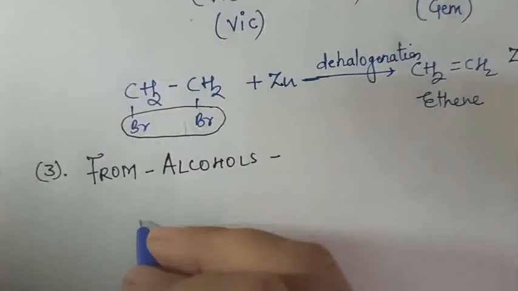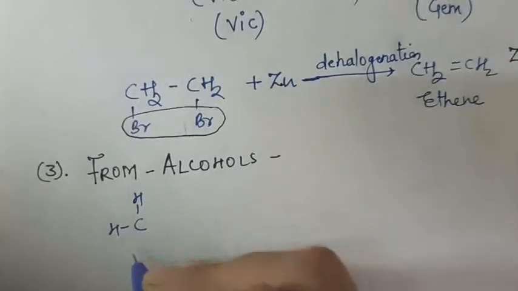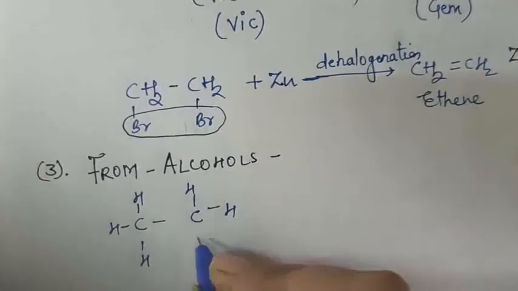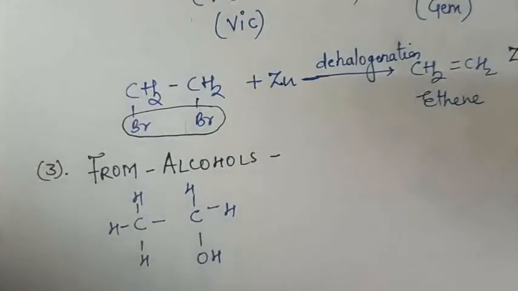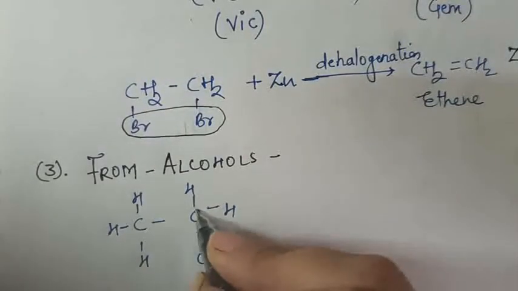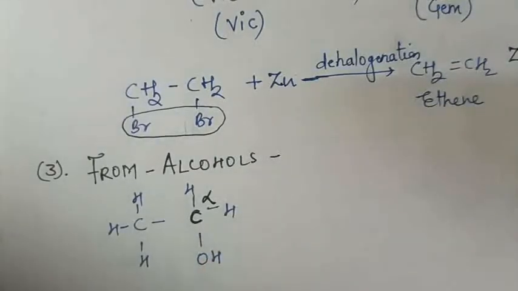So let us take an alcohol. Supposing I have taken ethyl alcohol. So the formula of ethyl alcohol is CH3CH2OH. There is a motive behind writing alcohol like this, which you will understand later with the explanation. I have already told you the carbon which bears the functional group is called the alpha carbon. वो कार्बन जिस पे functional group जुड़ा होता है वो अल्फा कार्बन है. उसके बाजू वाले कार्बन को हम बीटा बोलते हैं, और इस बीटा कार्बन पे जो हाइड्रोजन है वो बीटा हाइड्रोजन